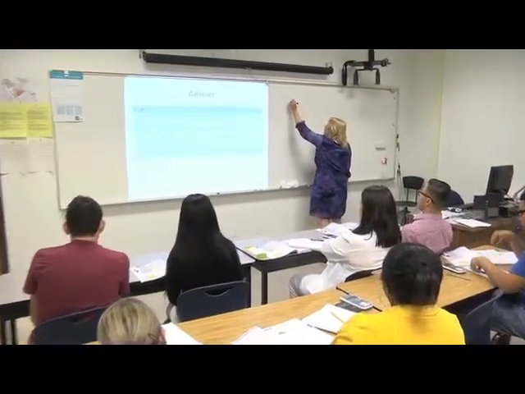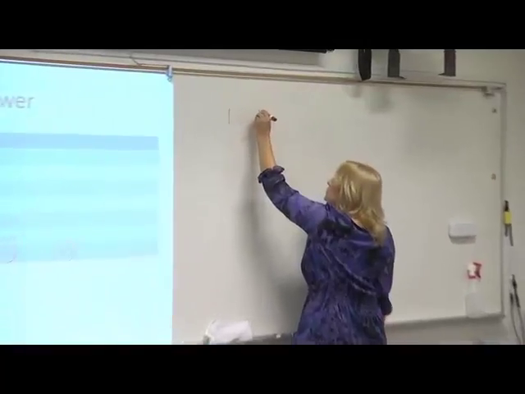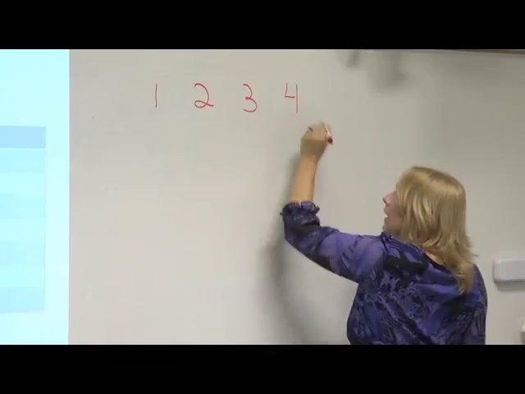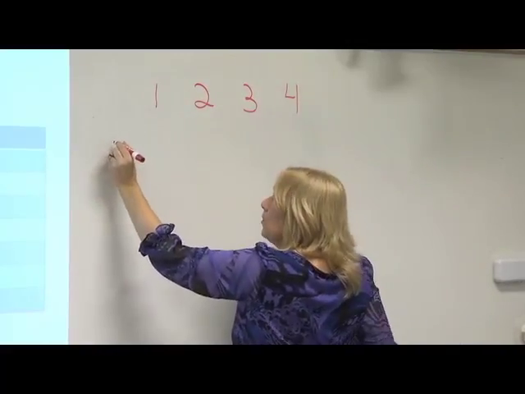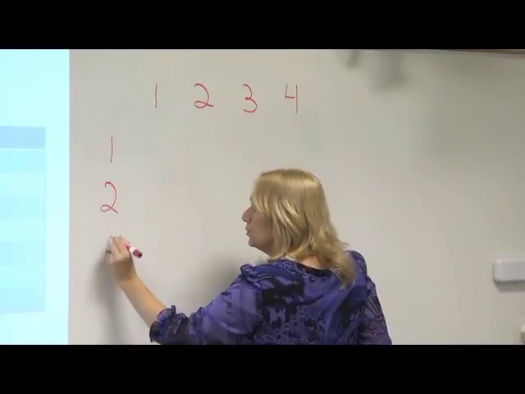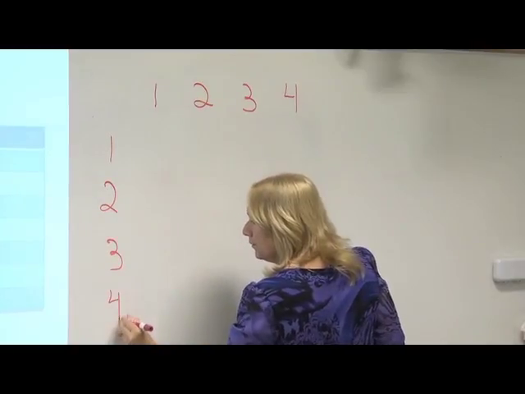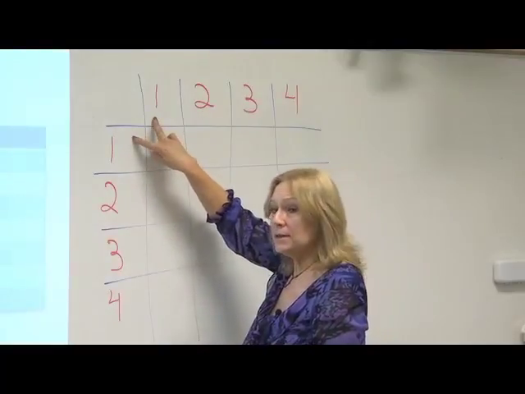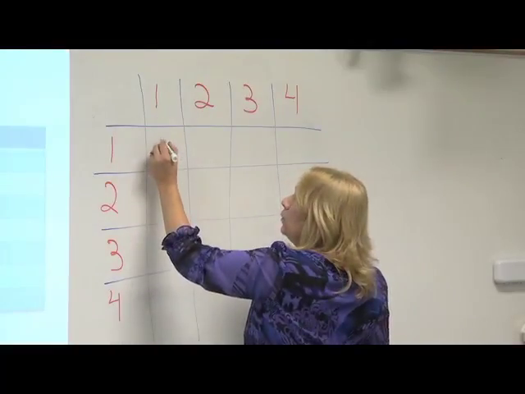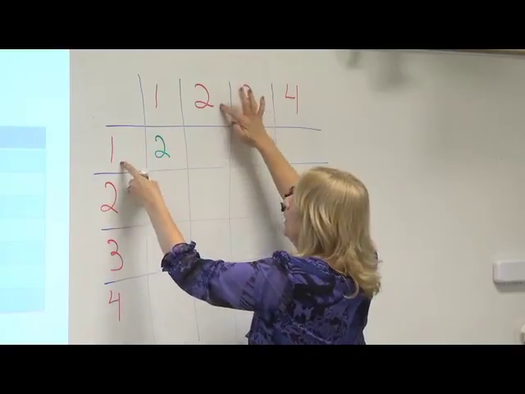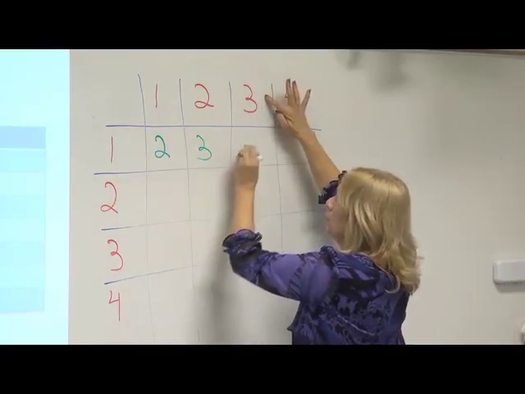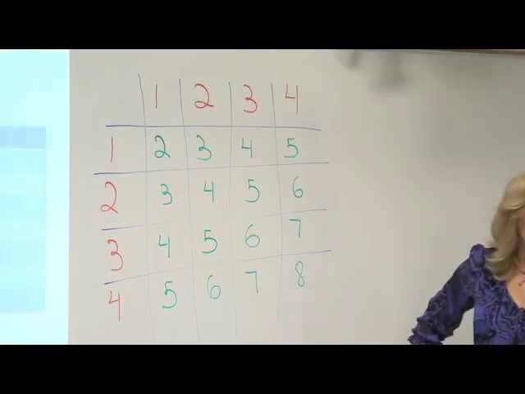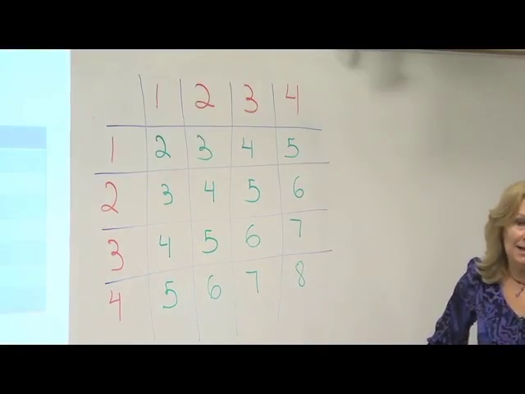Let's say you have, what are your options? You have 1, 2, 3, and 4, right? In one dice. The other one, you also have 1, 2, 3, and 4. So let's make a table here. If you have the addition of these 2, 1 and 1, 2, 1 and 2, 3, 1 and 3, 4, 1 and 4, 5. It takes a little time for you to do this, but it's excellent for you to